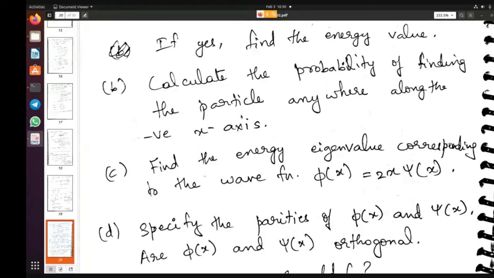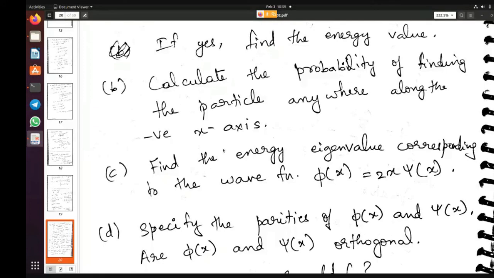Also remember, probability can never be more than 1, right? So if you are getting some answer where the probability is more than 1, please know that that answer is wrong. Obviously probability can never be more than 1. So always make sure that your probability is less than 1. If it is more than 1, that means you have done some wrong calculation.